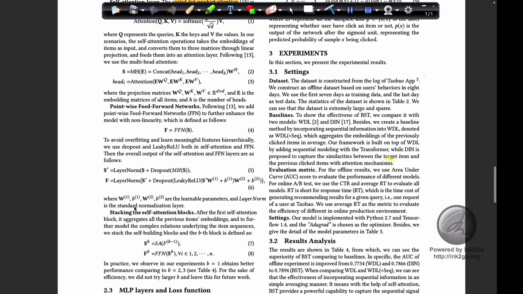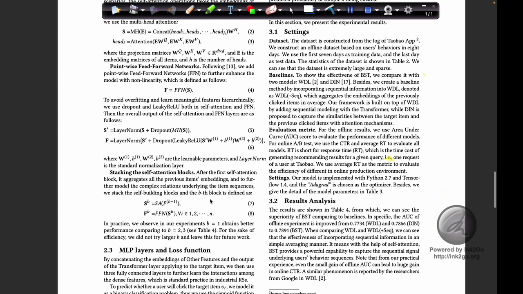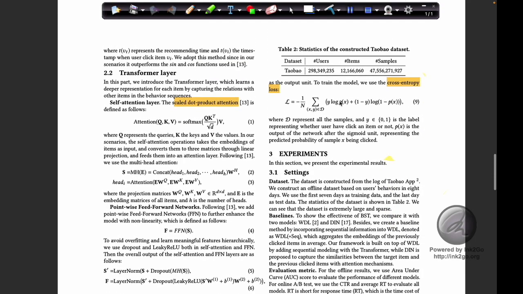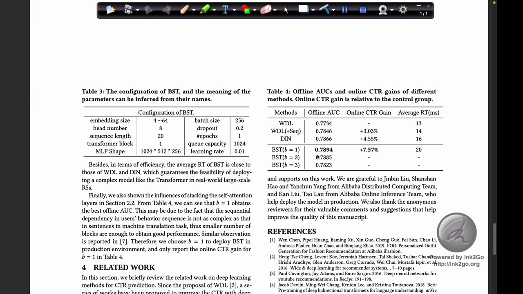All the things I explained are theorized over here. And finally, the loss function. As we know, the loss function is binary cross entropy, which we also call log loss. The researchers at Alibaba chose a wide and deep neural network as a baseline, which produced 0.7734 AUC as an offline metric.